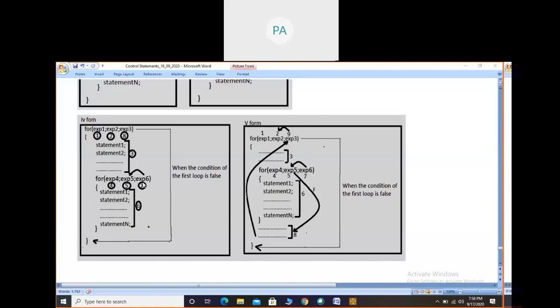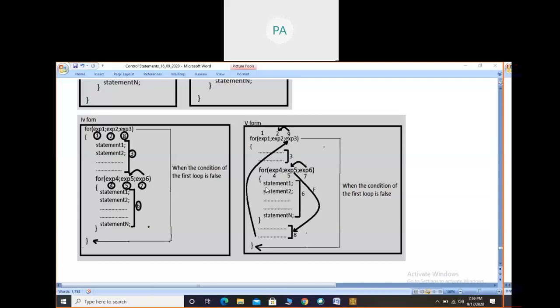After that, the fifth, sixth, and seventh steps are repeated until the condition of the second loop becomes false. Once the condition of the second loop becomes false, you observe the step number here. After the seventh, the eighth step is increment or decrement of the first loop. After increment or decrement of the first loop, we know that again it will go to the condition of the first loop and check the condition. Once this condition is true, again statement 1 up to statement n are executed. Then it will come to the second loop. So this is the process of the format I have written. Okay, this is the fourth form. When you come to the fifth form, you just observe the difference between the fourth and fifth form.